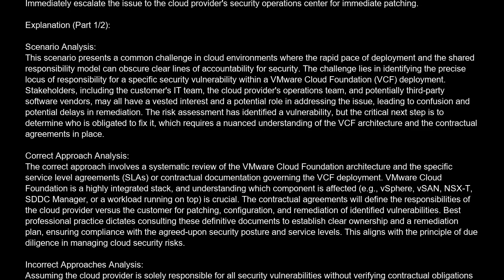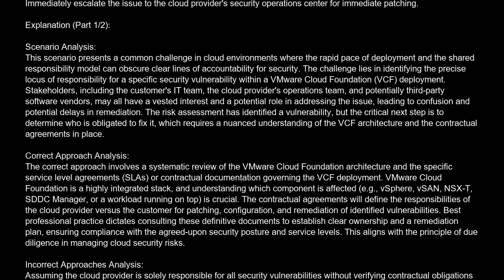The correct answer is D. Immediately escalate the issue to the cloud provider's Security Operations Center for immediate patching. Explanation. Scenario analysis. This scenario presents a common challenge in cloud environments where the rapid pace of deployment and the